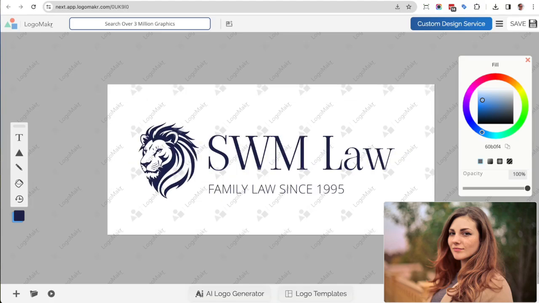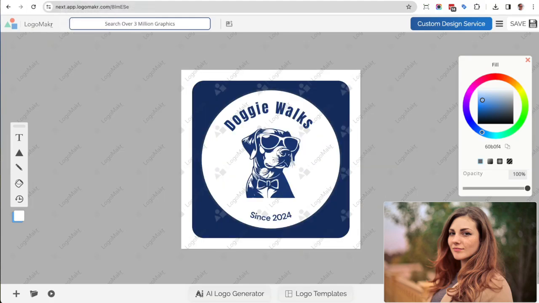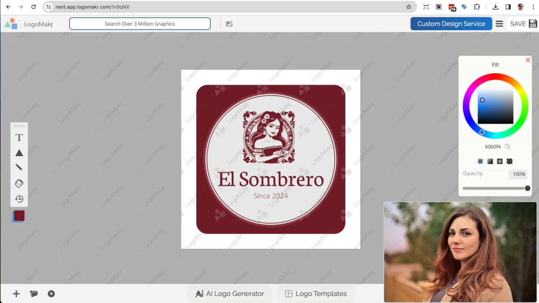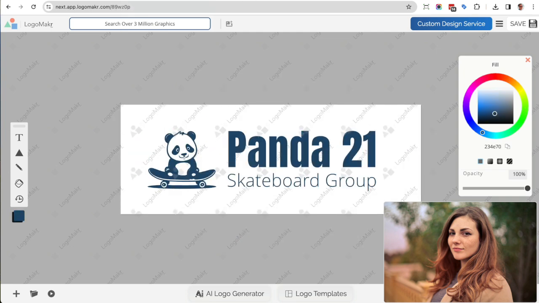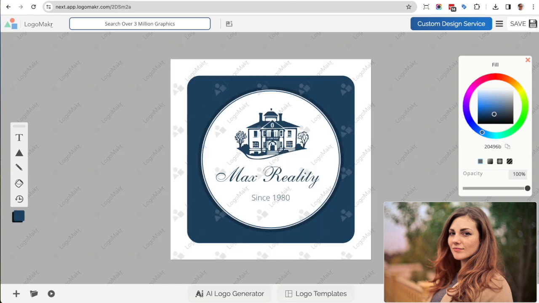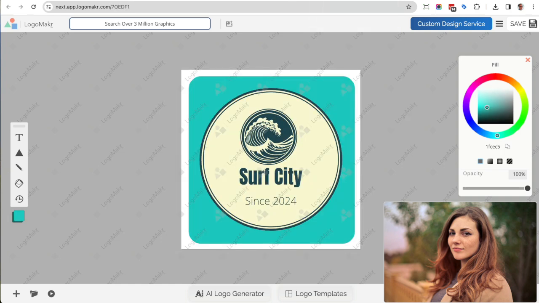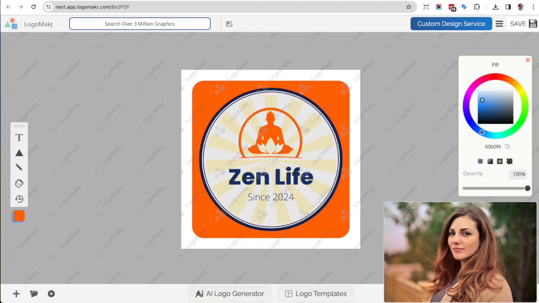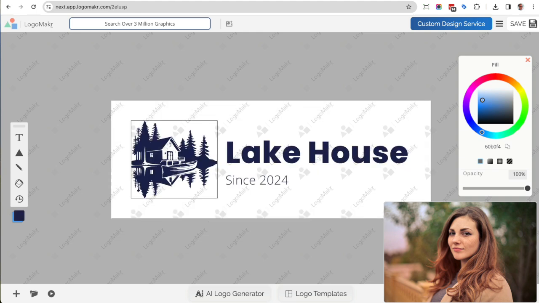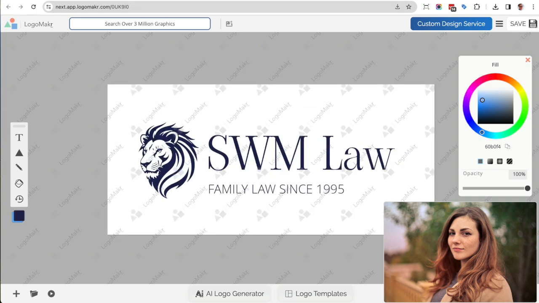I'm going to show you the new way of creating professional logos without having any graphic design or tech skills. I created all of these logos using artificial intelligence, AI. And what's really cool about this tool I'm about to show you is you could color it the way you want, change its font, and do whatever you want, just like a professional would, except you don't have to have professional